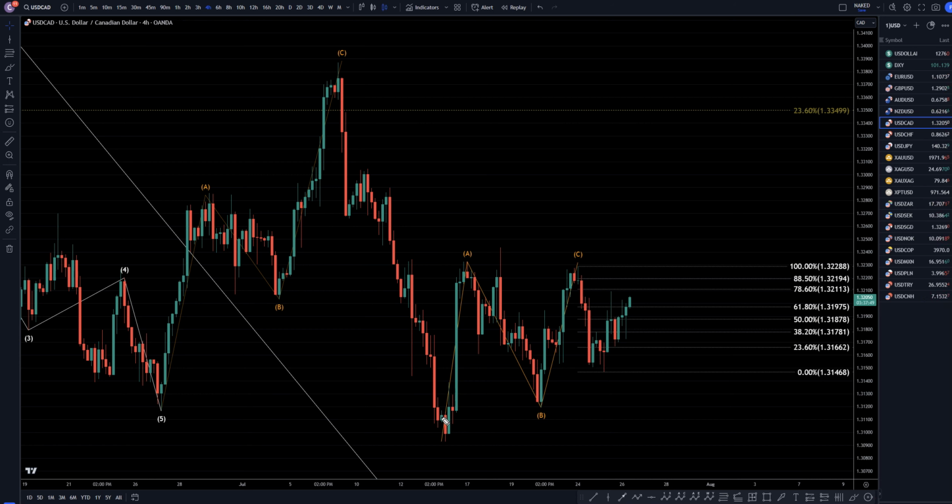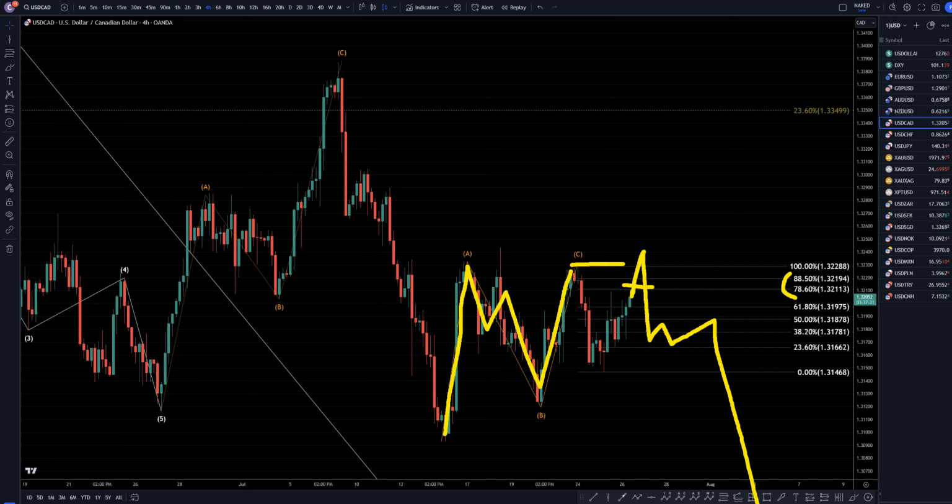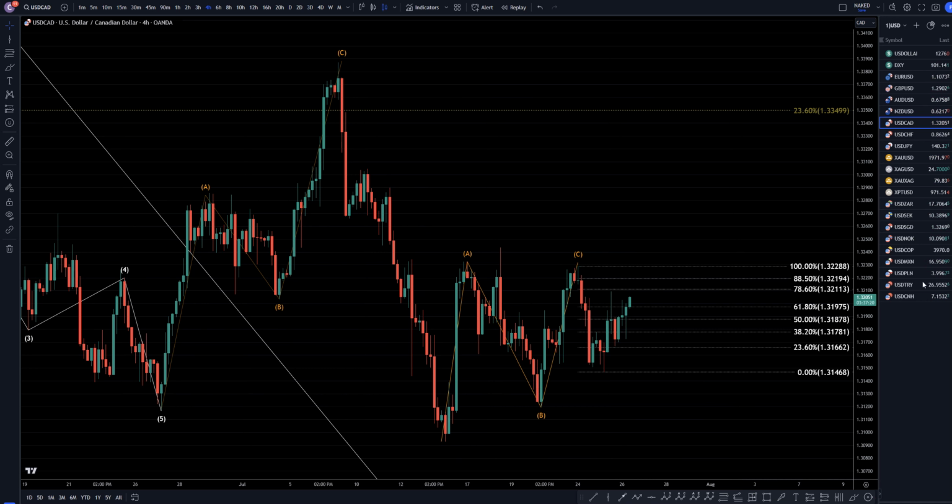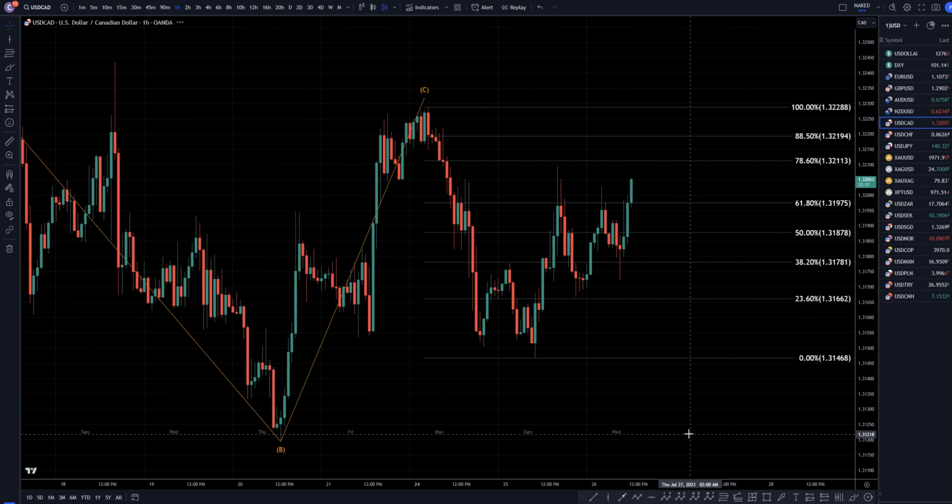On the 4 hour time frame, it looks like it may have already ended an A, B, and C correction. It is going up pretty good right now, but I still think there's a very good likelihood this move up is going to make a lower high, maybe turn at the 78 or the 88%, possibly go up and make a new high before the news, but either way, I think that the news is going to cause this to go down and most likely end up continuing the downtrend. I think this move up is nothing more than a correction to this move down like I was explaining on the longer time frames.